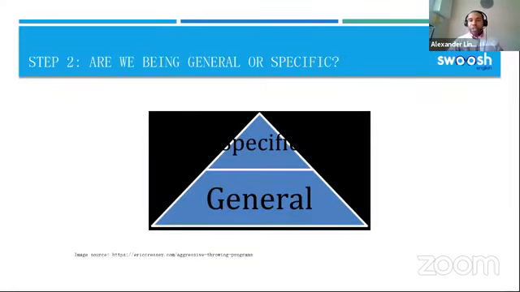So the first step we need to look at then is we've identified the noun. So we've got patient, that's the noun. Are we being general or specific? So if we're being general, if we're not talking about anything specific, then we can use an indefinite article. So we might say, for example, a patient presented with severe bruises. If we say a patient, then it could be any patient. We're not being specific. We're not talking about one patient in particular. Using the patient shows that we are being specific.